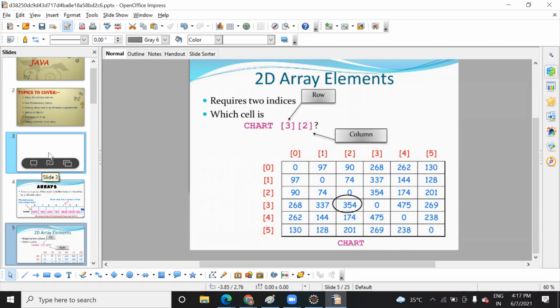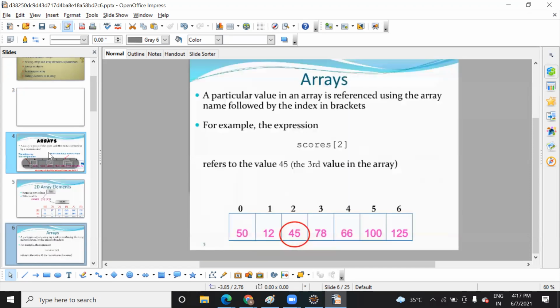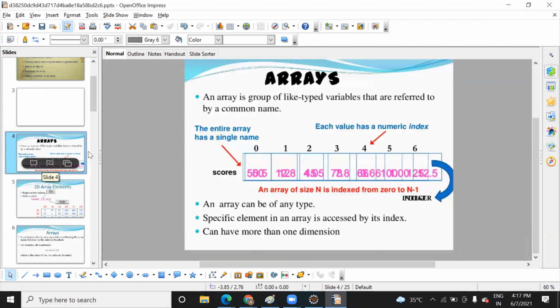And what you need to take care of is whether the data should be homogeneous or heterogeneous. Homogeneous. Correct. So array is a data structure in Java, and in different programming languages we have this array. And why do we use this array? To save homogeneous data, to save a group of data.